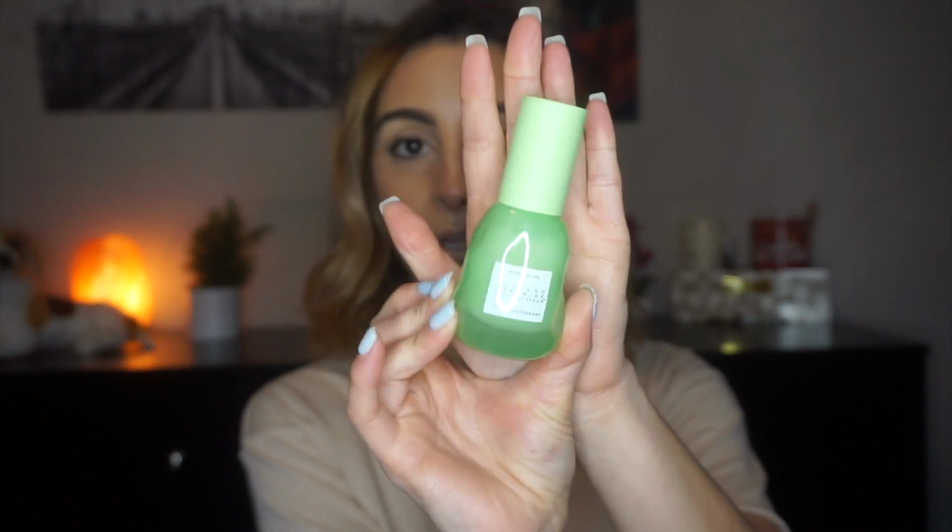And I think we can all collectively agree that Glow Recipe always has the most adorable packaging. So yeah, I'm trying it out, seeing what I think about it, and I'll let you guys know. So I'm going to get into the product that I'm most disappointed about,